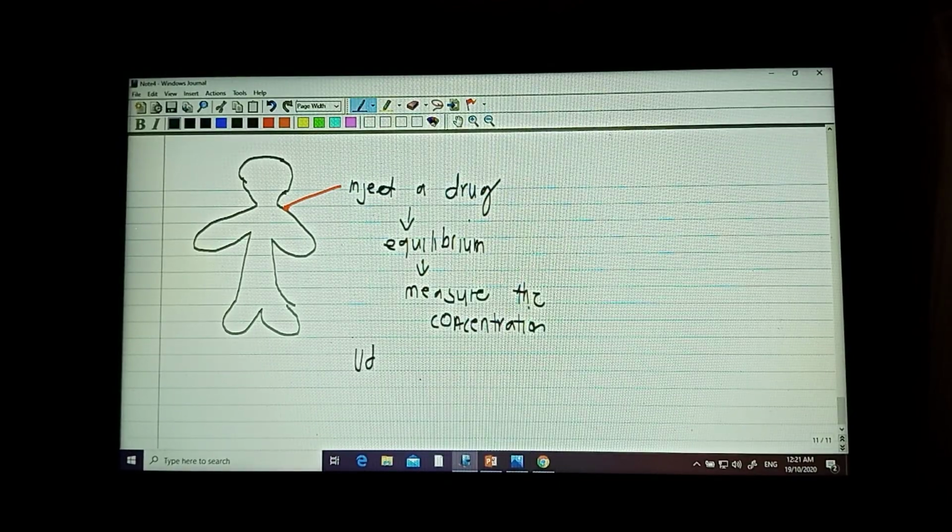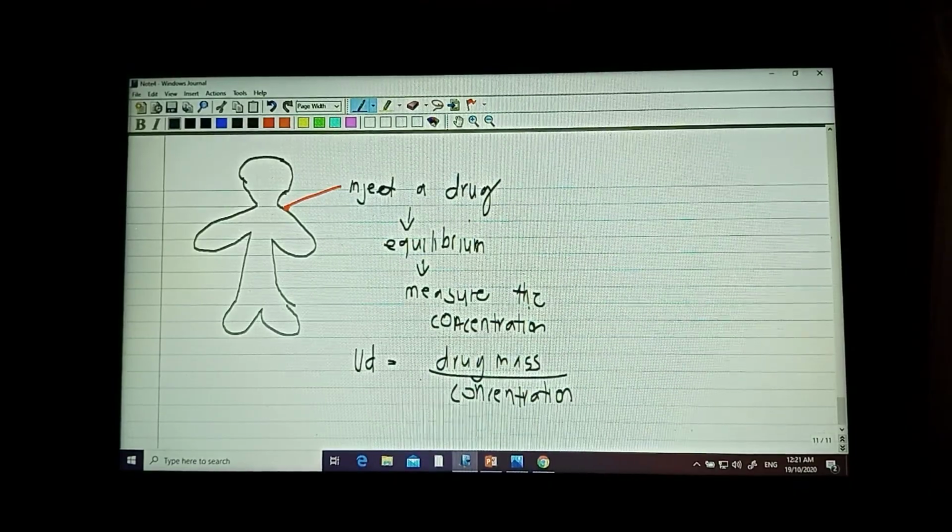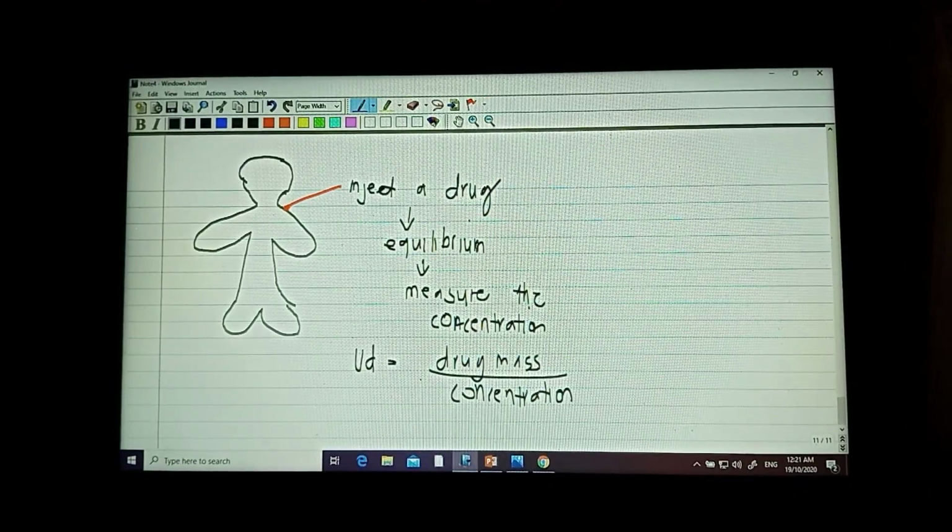So, to compute, volume distribution is equal to drug mass, that is the weight, divided by the concentration. But unfortunately, class, though in human being, kung sa container po natin, 20 liters yung kanyang volume distribution sa example